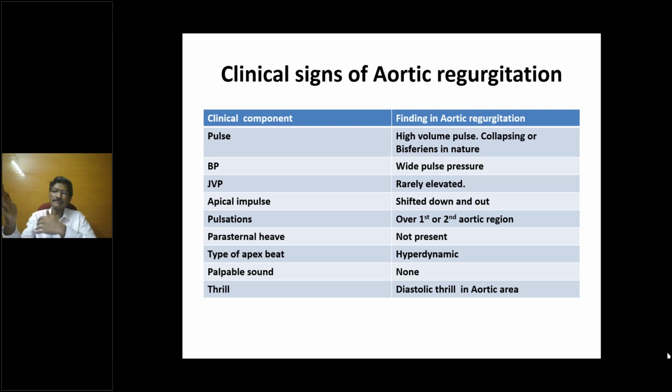Usually the blood is only ejected in the forward direction. But here, because of the poor peripheral resistance, when you lift your hand, what will happen? There will be a peripheral movement of the blood. So that is why when I lift it, I feel the impulse and then an impulse which goes down. So a rapid upstroke followed by rapid downstroke. Both the rapid upstroke and the rapid downstroke can be explained by the decrease in the peripheral resistance.